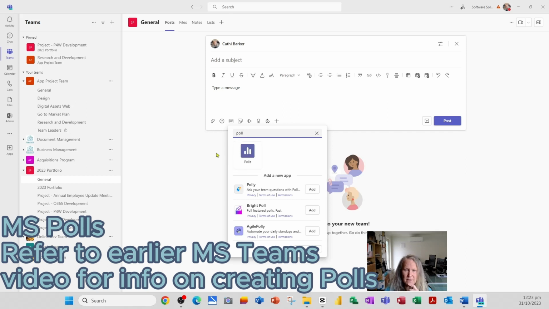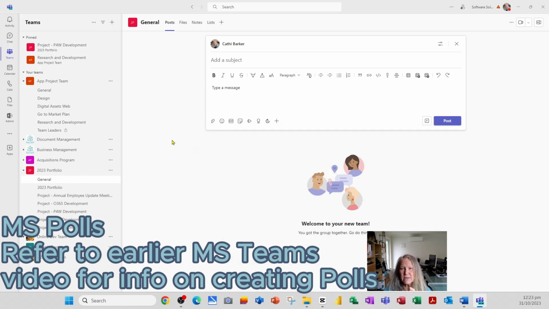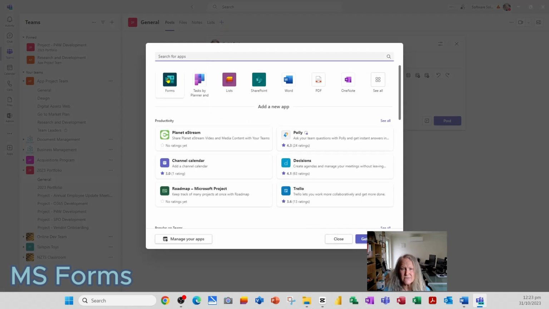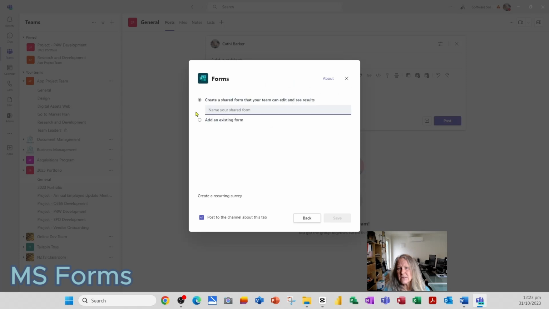Now, another application that I think is absolutely brilliant, if you've got more than one question, is Microsoft Forms. Now, I haven't covered this in any of the previous videos. I'm going to add a survey form as a tab to this channel. Now, I can see forms here, and if it wasn't there, I would search for forms. It immediately wants me to give this form a name, so I'm going to call it my project survey application,